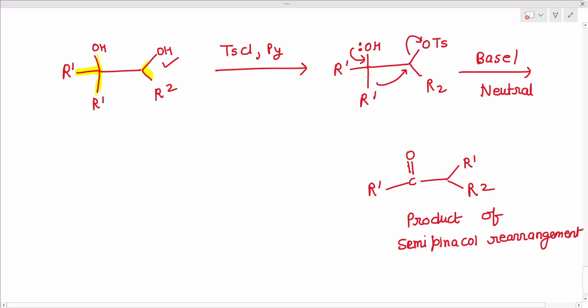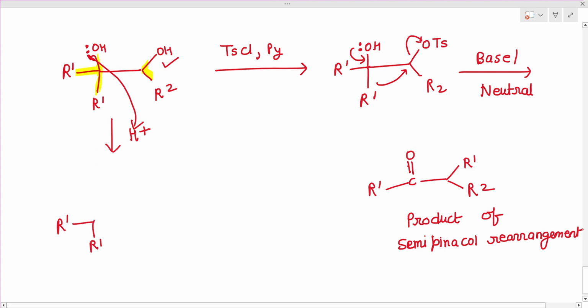Now see the next thing. If we are treating this compound with H plus, it means if we are doing the Pinacol pinacolone rearrangement, then what we are getting? Then in this case, the H plus will attack at this group, okay, at this position. So because in this case we have to find out more stable carbocation, okay. So this OH group will attack at this H plus, okay. So we are getting R1,